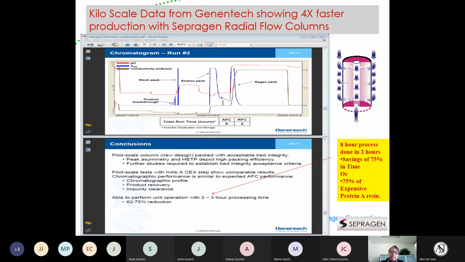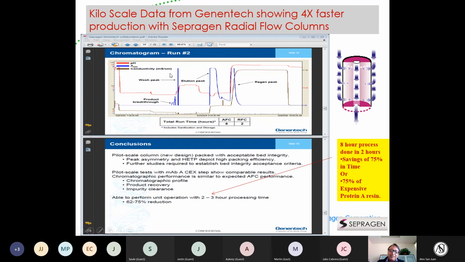This is some data, this is not our data. This is from Genentech, where we had a program with them to look at using radial flow columns across a variety of different separation processes and different resins. And this is not a lab scale run, this is a kilo scale run. So they actually scaled up a process and did this on a kilo scale run. There's about $1 million worth of antibody that was just wasted or spent in order to do the engineering work